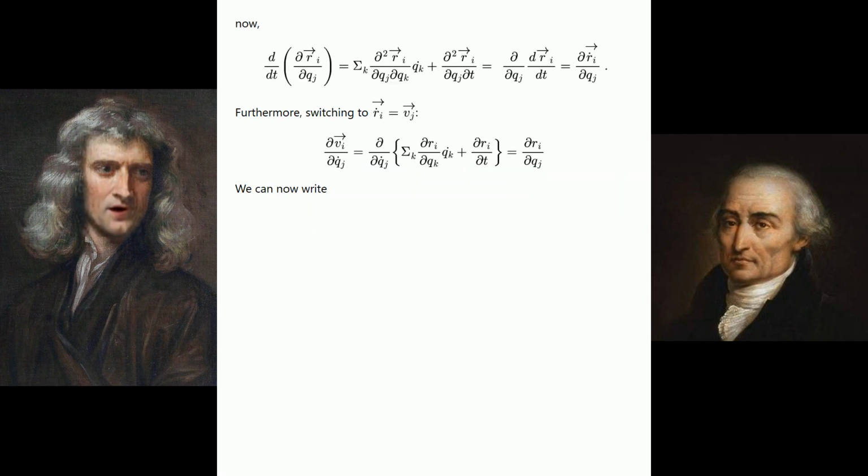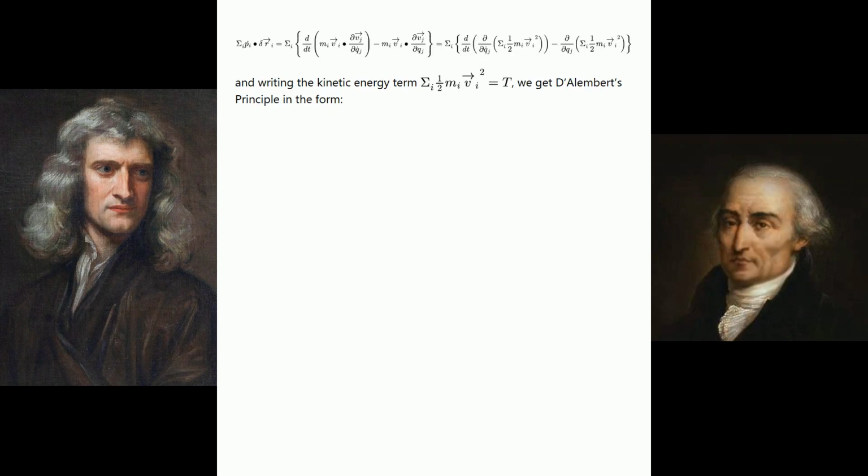Now, furthermore, switching to ṙ⃗_i = v⃗_i. See the equation shown. We can now write the next equation. And writing the kinetic energy term Σ_i 1/2 m_i v⃗_i² = T, we get D'Alembert's principle in the form